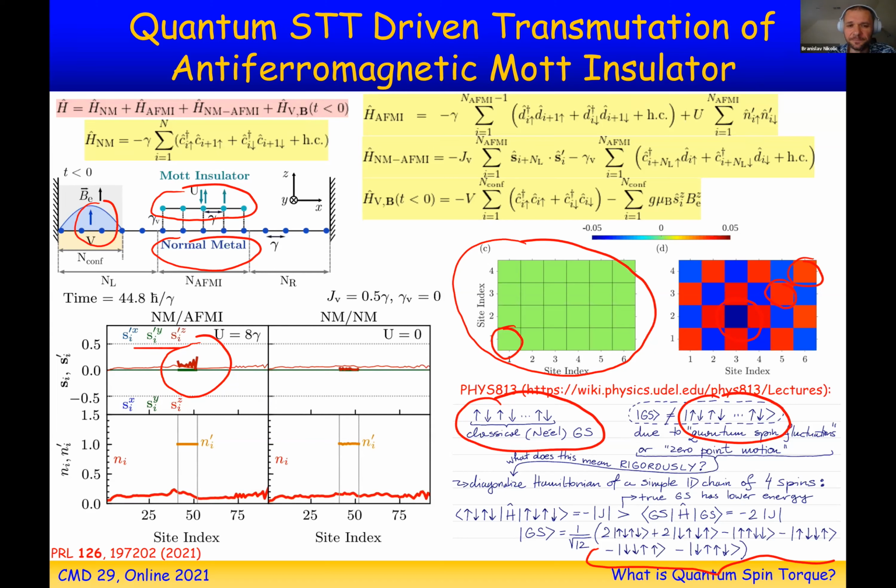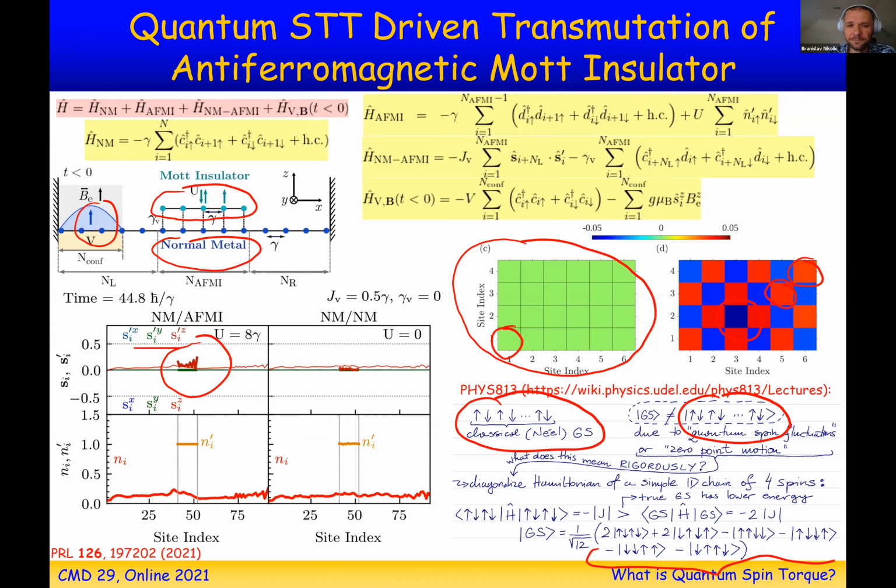And this is my last slide, just to summarize. For 25 years, nobody really believed that you would need any kind of quantum theory of spin transfer torque when you treat both electrons, which are flowing spins, and localized spins quantum mechanically, until this experiment showed up. They're at very low temperature, but you might have some of these effects persisting all the way to room temperature. And eventually, all of this would play a great role in quantum computing, where individual quantum bits based on spins would be manipulated by injecting current and jerking them with quantum spin torque.